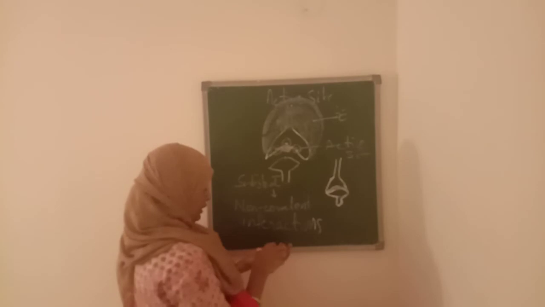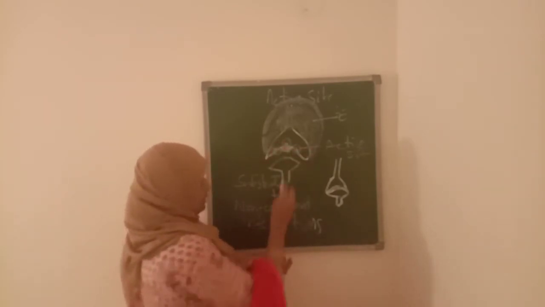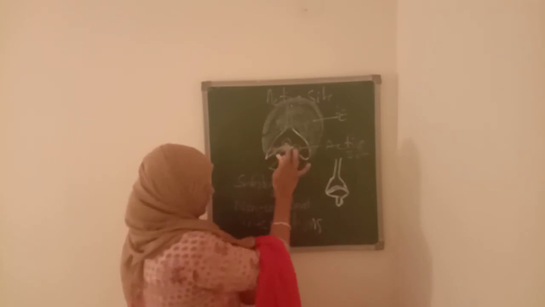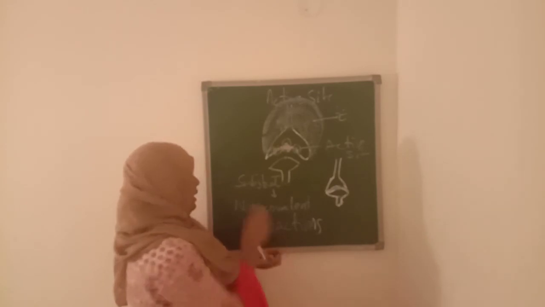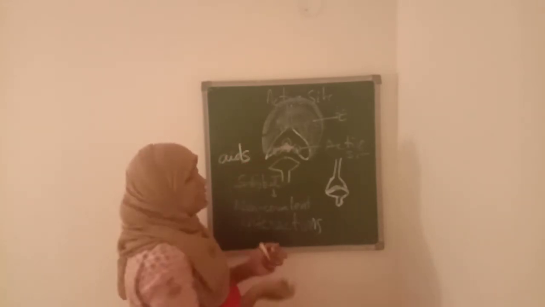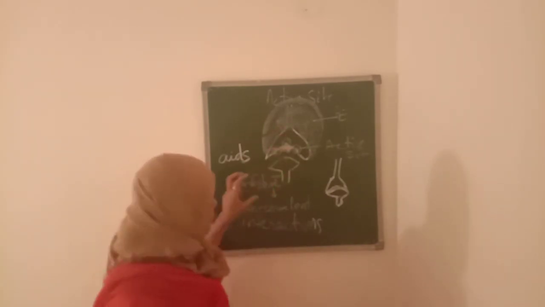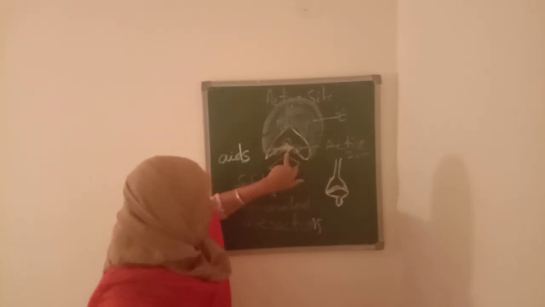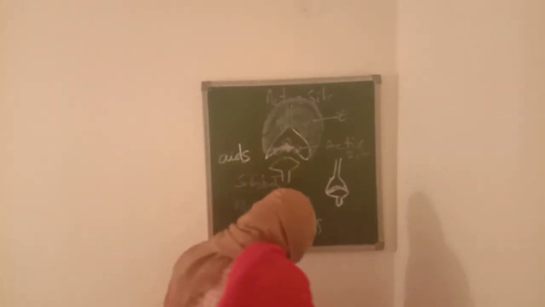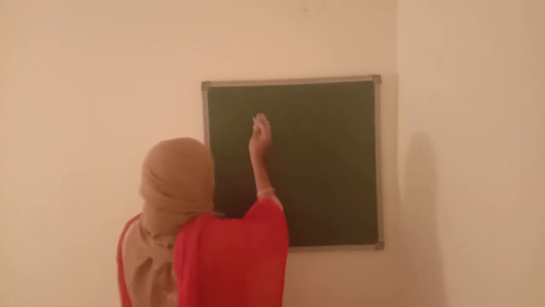So it will have the binding region like this, and the catalytic region like this. The binding region aids, or helps, in the binding of the substrate to the active site through non-covalent interaction, and then the catalytic region is involved in the catalysis process. This is regarding the active site. Next is the binding site.